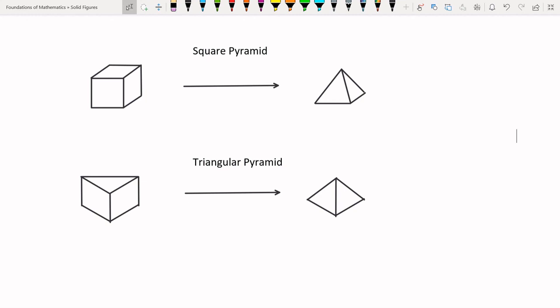Pyramids differ from prisms because instead of having two parallel bases that are the same shape, like triangles or rectangles or trapezoids, we have a base, and the opposite of that is just a point. So we have two types of pyramids that we use commonly, and that's the square pyramid and the triangular pyramid. The square pyramid has a square base with a point on the opposite, and triangular has a triangle base and